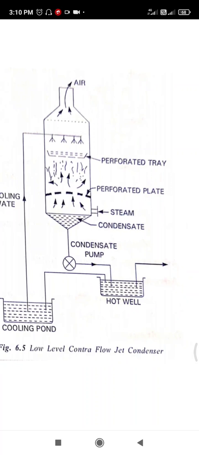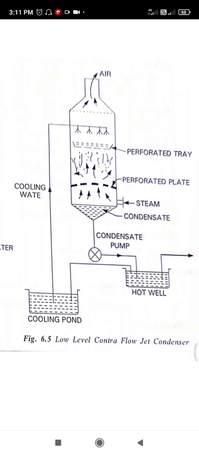Cooling water is sprayed in the form of jets through a series of perforated trays. The steam, while rising up, comes in direct contact with water and rapid condensation takes place. Non-condensable air is sucked by an air pump from the top. The mixture of condensate and water is collected at the bottom and discharged to the hot well by means of a condensate pump. This is the working of this